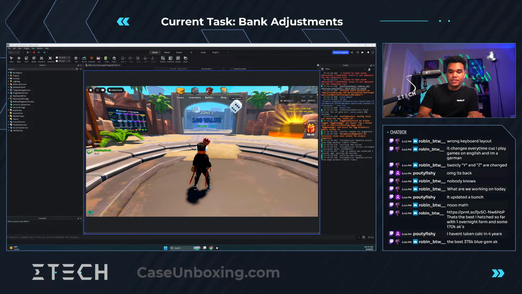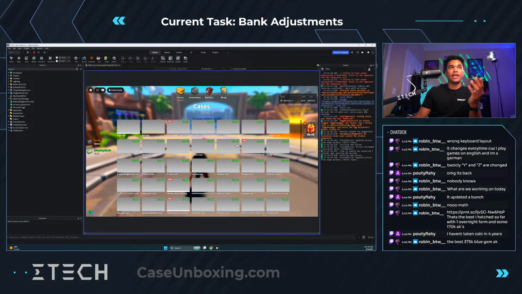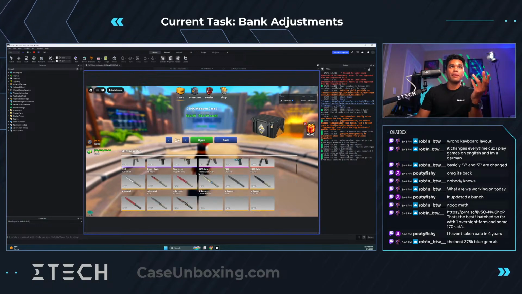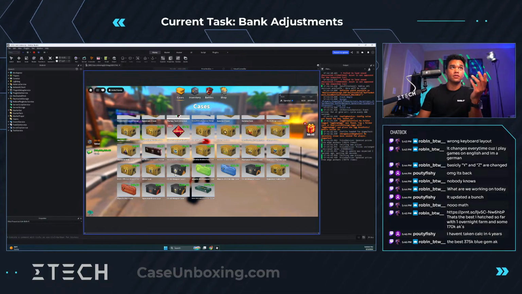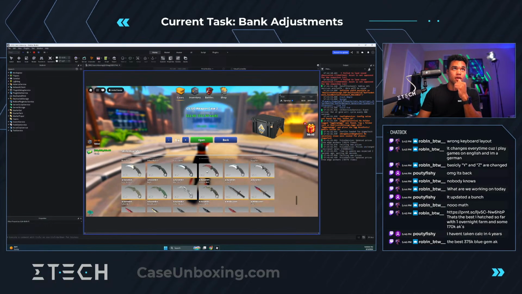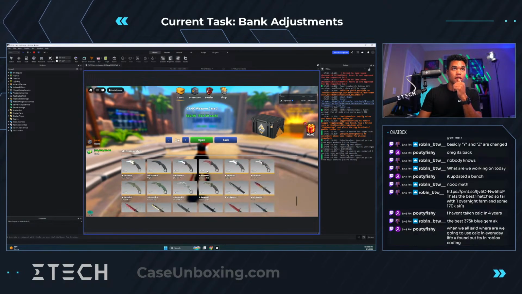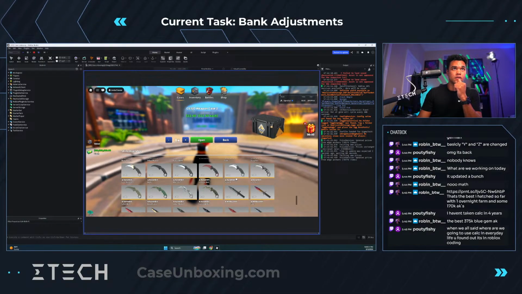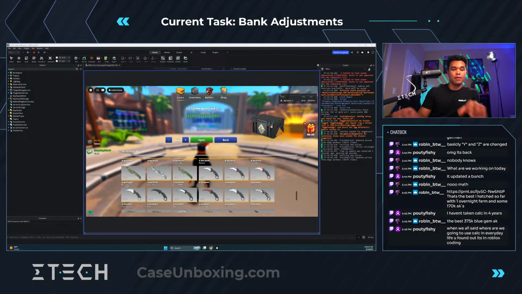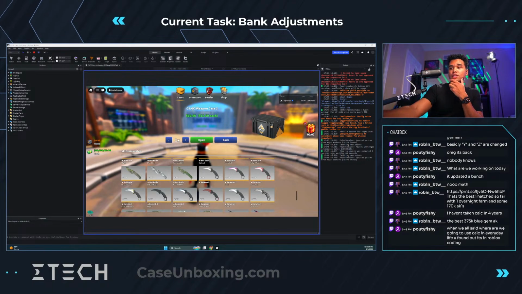Anyways, let's have some theoreticals, right? Let's check out a case here real quick. Let's check out the CS:GO weapon case 3, which is $13, $12 now. Did it just update? And can you get a blue gem in here? You cannot get a blue gem in here. Well, you can get one of these blue gems. You can get a karambit case hardened. And how much is that in the blue gem prices? So if we look at the blue gem prices,